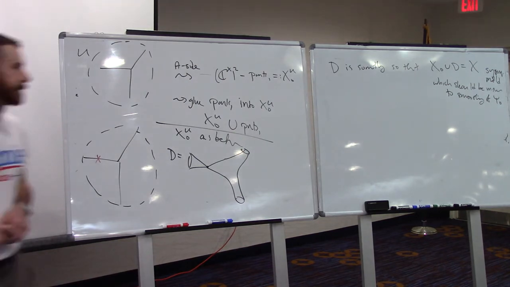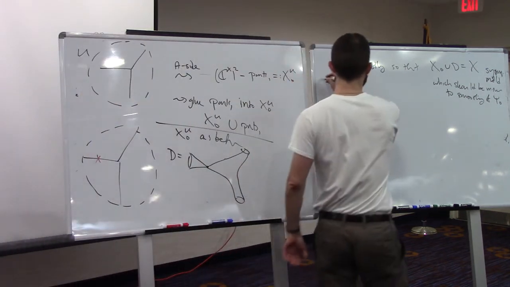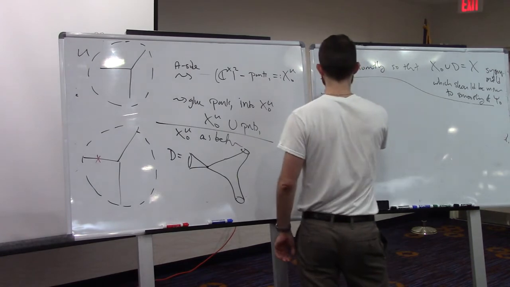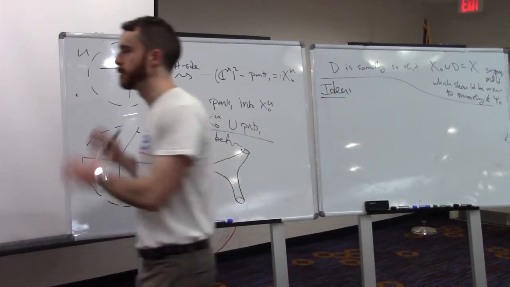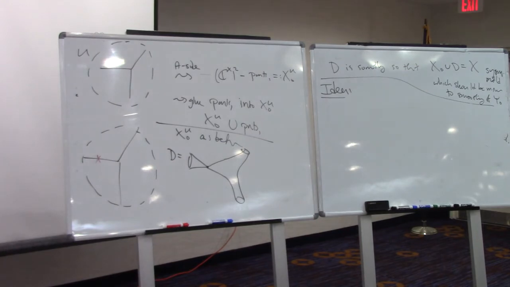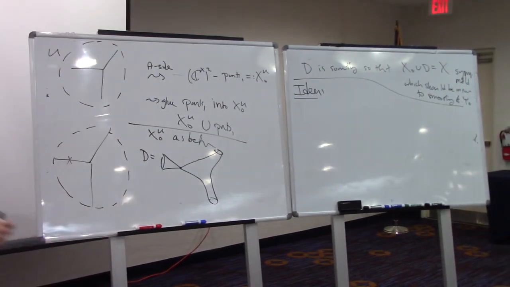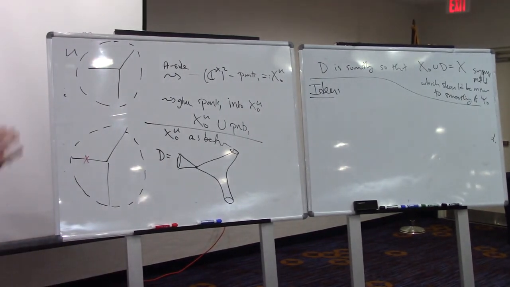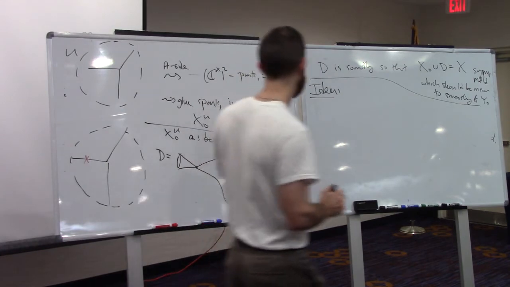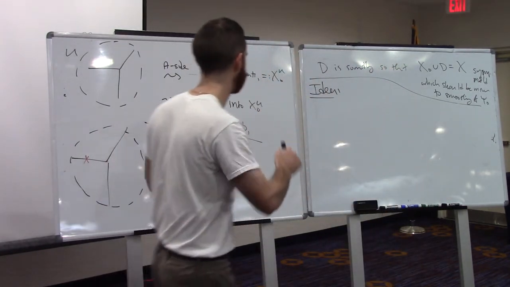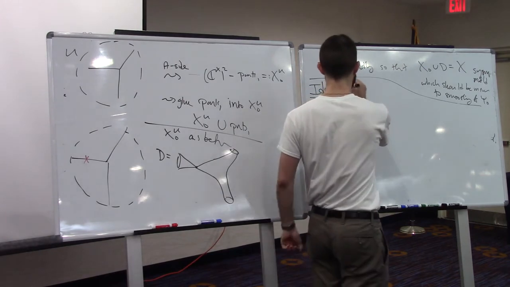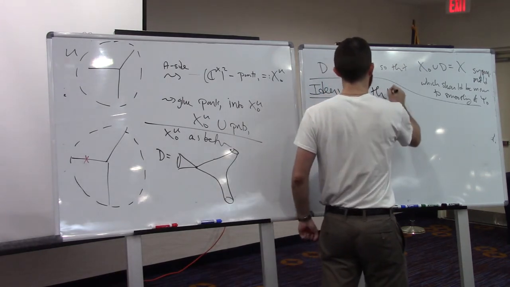That's my heuristic. But okay, so what's the idea of computing this deformation? The big idea is that I want to somehow compute this deformation locally. Mohammed, I know, has some program to compute deformations locally on the integral affine base. And I don't understand it, it's very serious. This is something different. It's sort of a cheating way to get what I want in this particular case, which is to use that